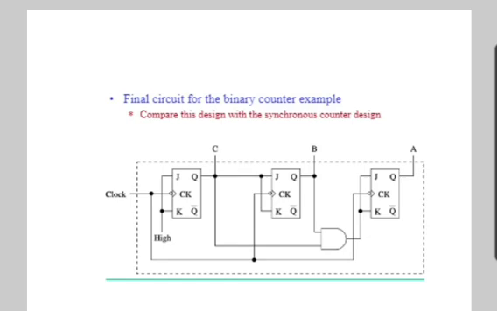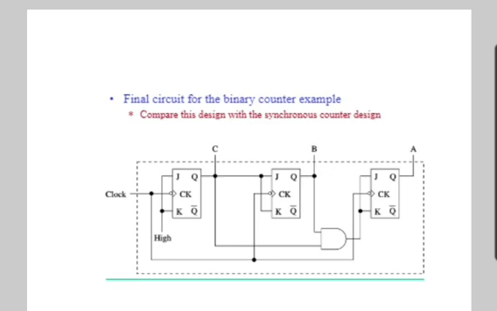Now, what is hold time? The definition of hold time is the time required for the data to remain stable after the triggering edge of the clock. For example, for a D flip-flop, the D input must be stable for a certain amount of time after the active edge of the clock, and this time period is called the hold time.